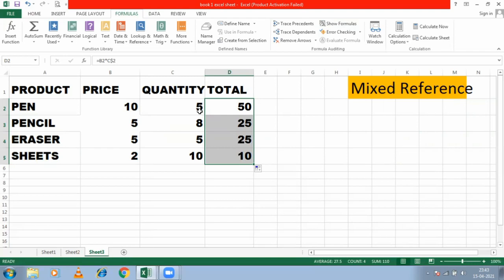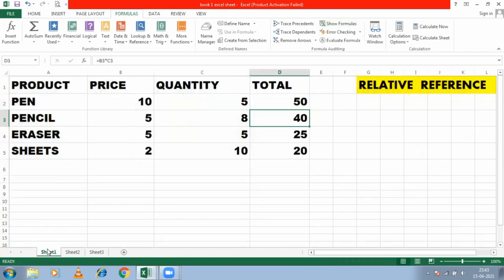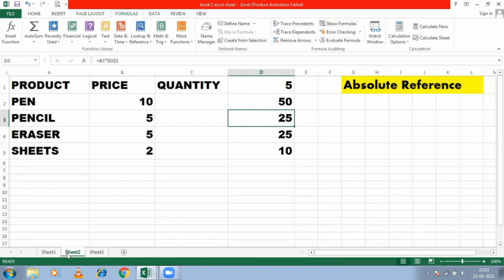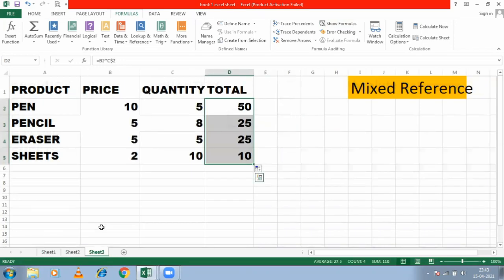Okay. So now you understand the difference between relative cell reference, which by default Excel uses, absolute cell reference when we are fixing one cell, and mixed cell reference. We can fix a row, we can fix a column, or we can fix both. So I hope till these things are clear.